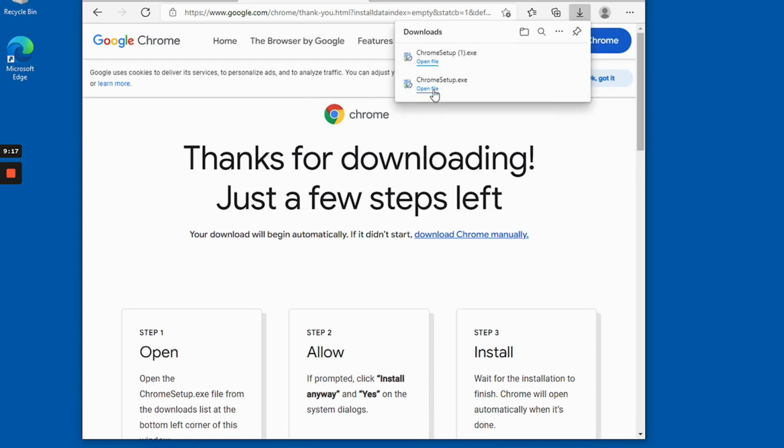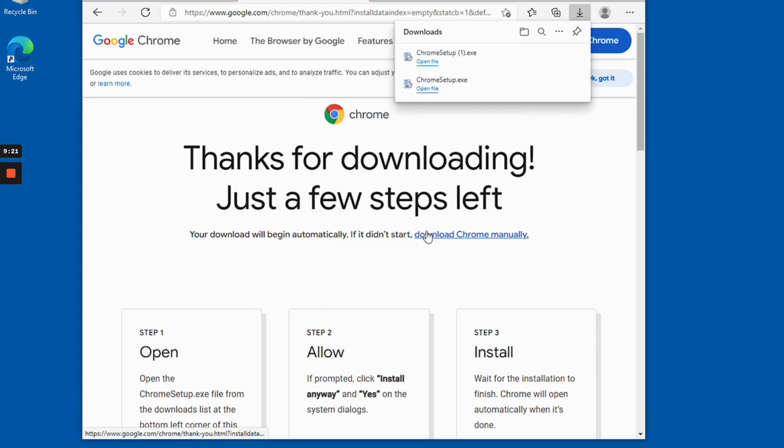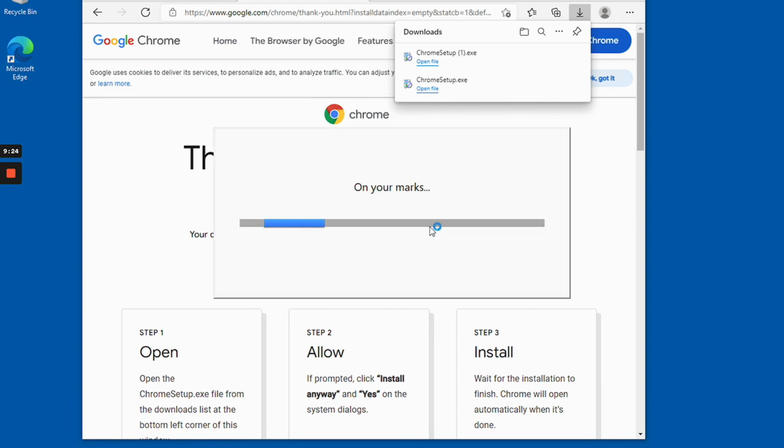And then the Chrome exe file, we're going to click on that. And then I'm going to click on run. So now I'm going to go ahead and click on run. It's going to run this and it's going to open up the Chrome browser for me if it works as it should. Okay. So give it just a second and we're going to get this downloaded here onto the computer, right? So just giving it a second, and then after this is downloaded, we'll start using the Chrome browser,